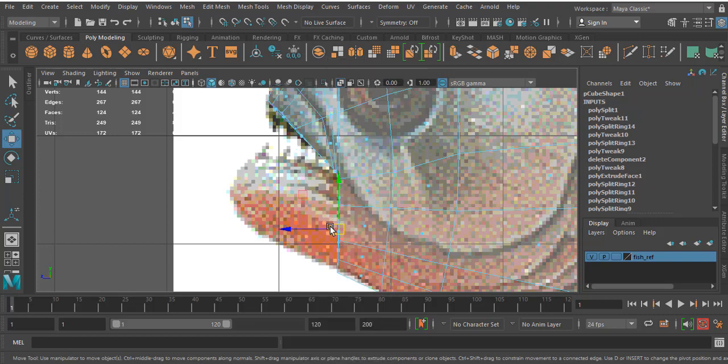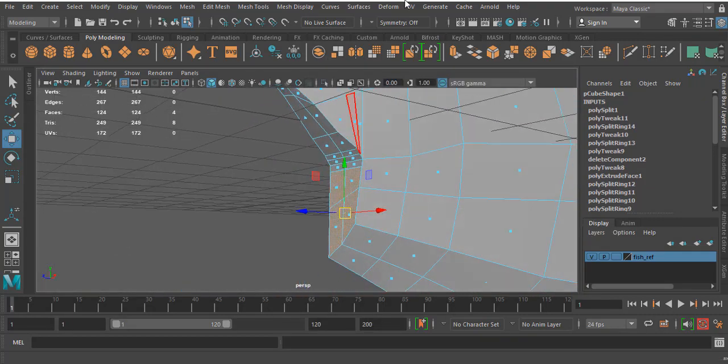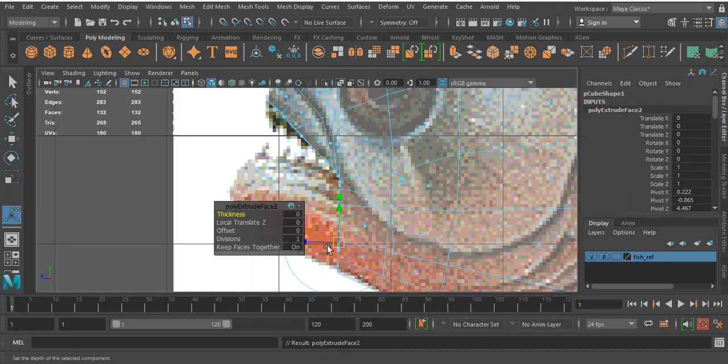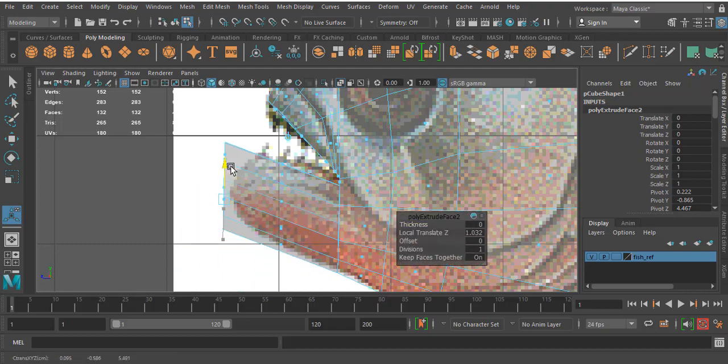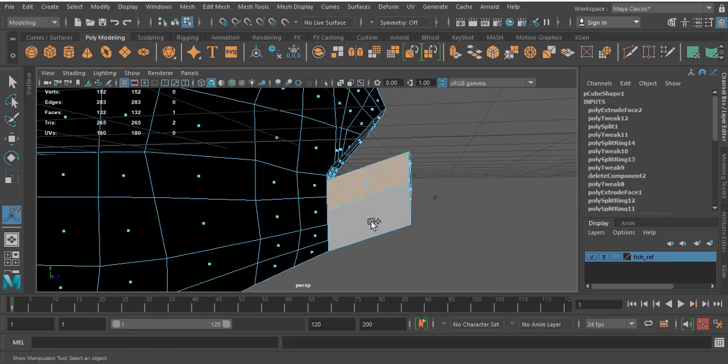Now I select these faces. See these faces? Click on extrude. Just slowly move it. Keep this over here. Go to the perspective. Delete these two faces because they are not required.